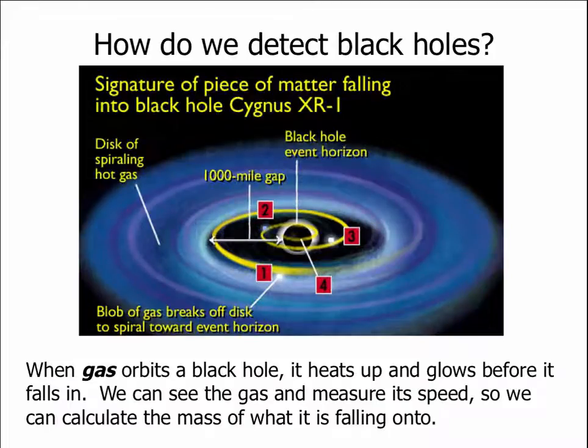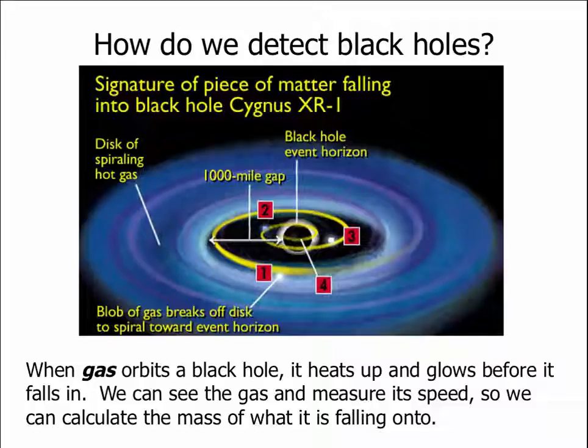So one of the questions we astronomers get asked is, well, if light can't escape from a black hole, how can we detect them? Well, the way we detect them is from stuff that is falling toward the black hole but hasn't yet crossed this event horizon. So here's an artist's picture of a black hole called Cygnus X-1. This black hole is swallowing gas from a neighboring star, and that gas, as it goes into the black hole, spirals around and it makes a disk.